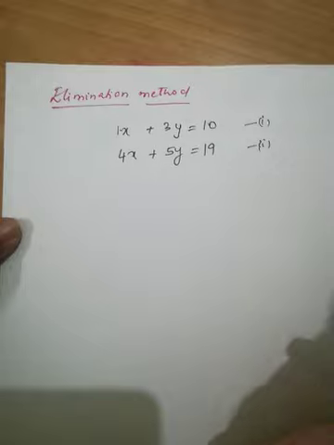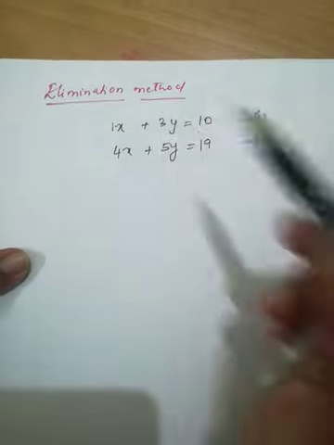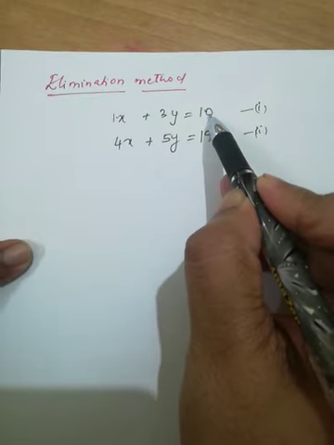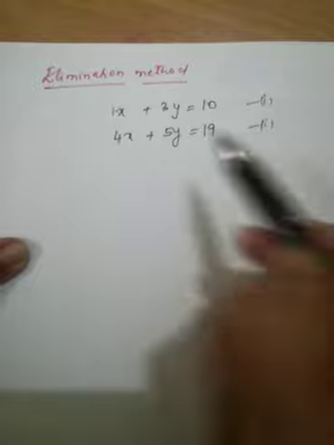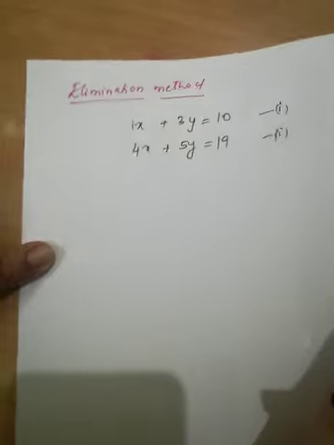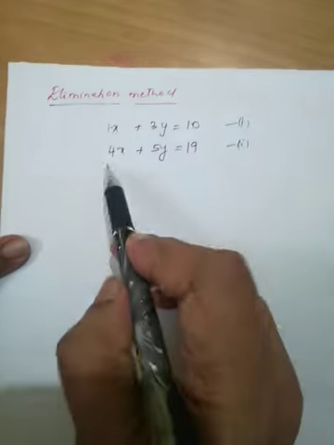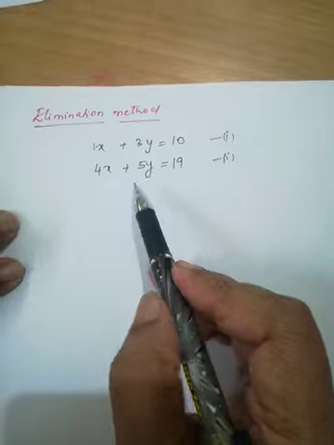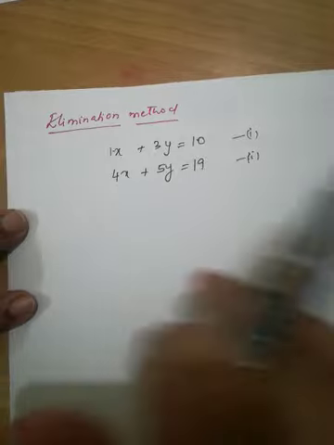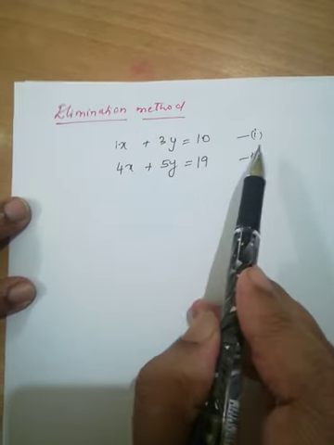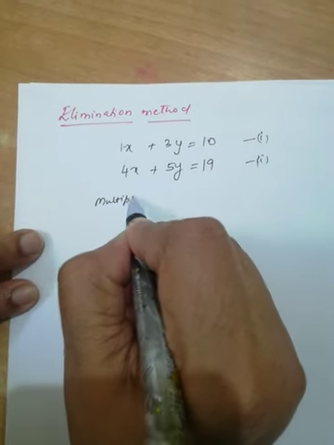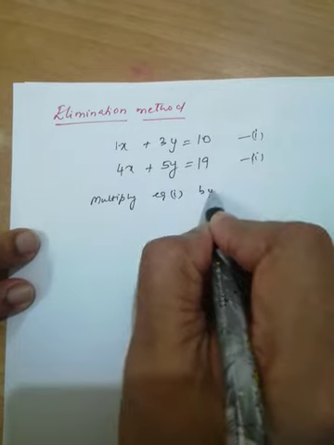That is one method. Another way, if you want to make the coefficient of y equal, what you have to do is multiply this equation by 5, so that this will become 15. And multiply this equation by 3, so that this becomes 15. And 15 and 15 are the same. So either the coefficient of x or the coefficient of y, you have to make it equal. But in this case, it is very simple. We can see that equation 1, if you multiply by 4, that is much easier. Okay. So what I will do, I will multiply equation 1 by 4.